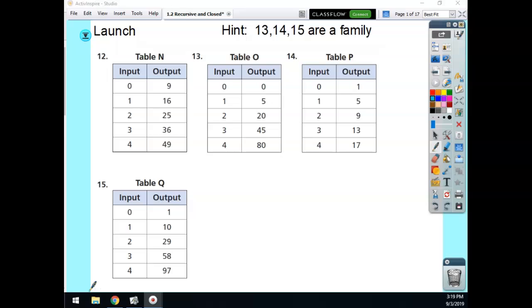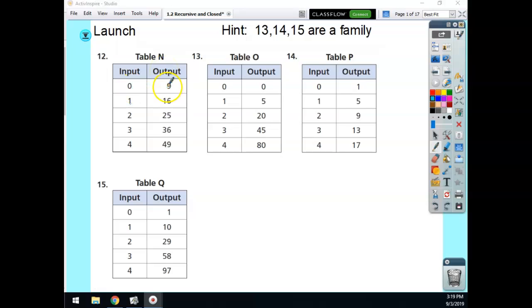The whole point of Friday's activity was to get you to start thinking about rules or functions that can take each input in a table and give you the output. So for each table, you should only have one function or one rule. You can't have a rule for this line and a different rule for this line. Like, you can't say add 9 for this line and add 15 and add 23. The rule has to be the same for each table. So if I were to look at this table right here,